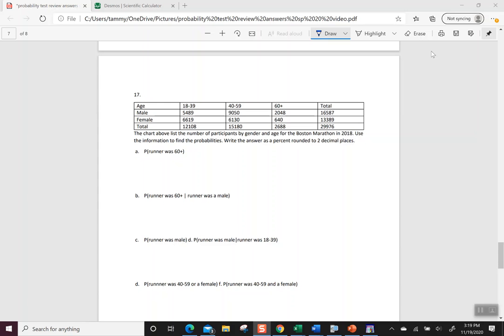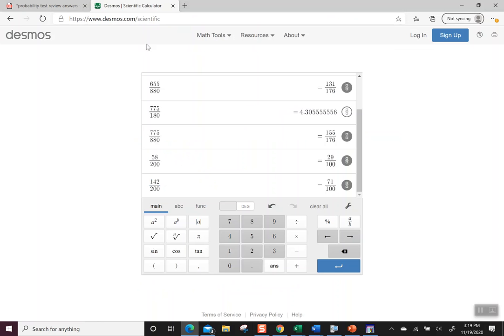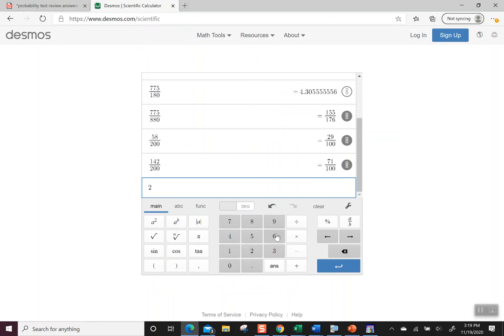It says the first one is the probability the runner was 60 or over. So looking at the column, I can see 60 plus. It says there were 2,688 runners that were 60 plus of the 29,976. So we can look at that in Desmos. That way I can show it to you. So we have 2688 divided by